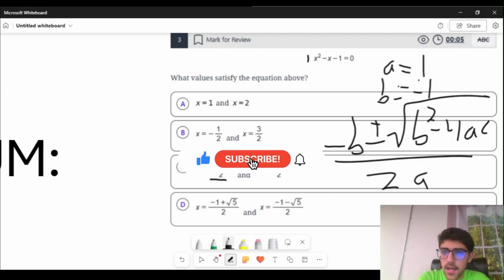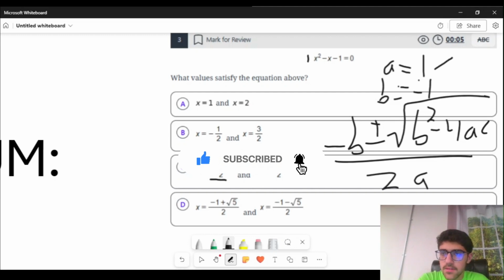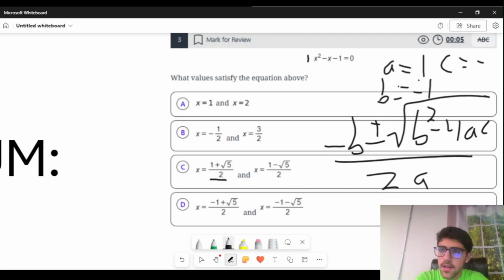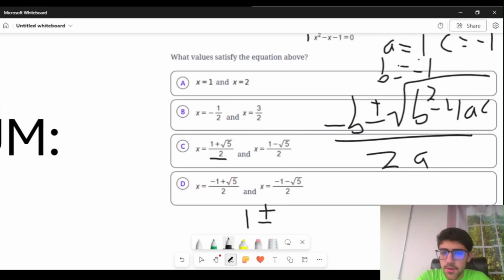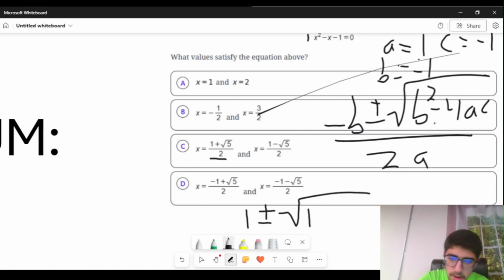And c equals negative 1. Then just plug these in. So negative b would be 1, plus or minus the square root of negative 1 squared, 1, minus